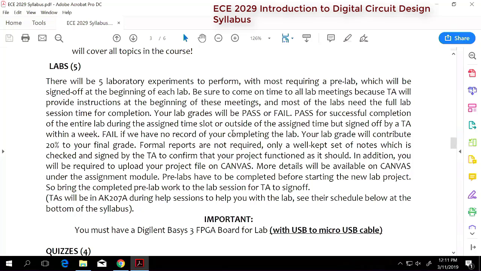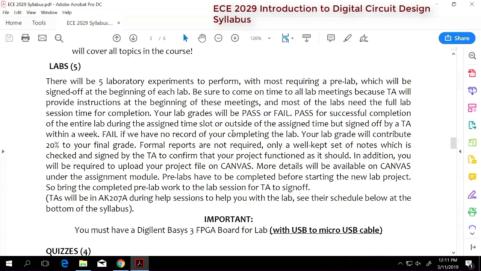It's made by Digilent. I think it's $180, and because you will be doing the labs in a group of 2s, not everyone has to buy it. You can find your lab partner and maybe you can share the cost. Or maybe someone who has taken this class in the past, maybe you can get it from them.